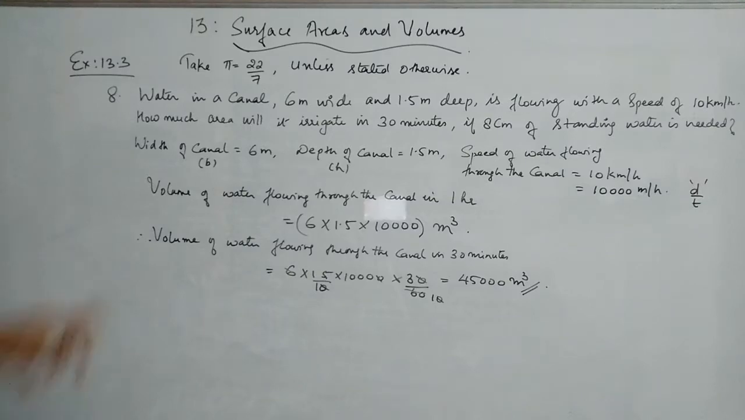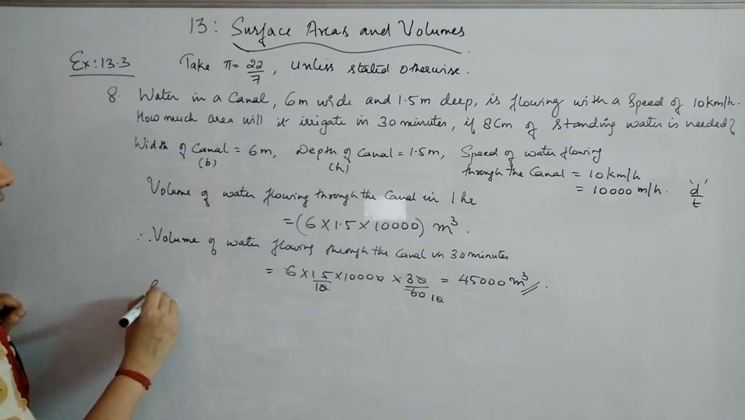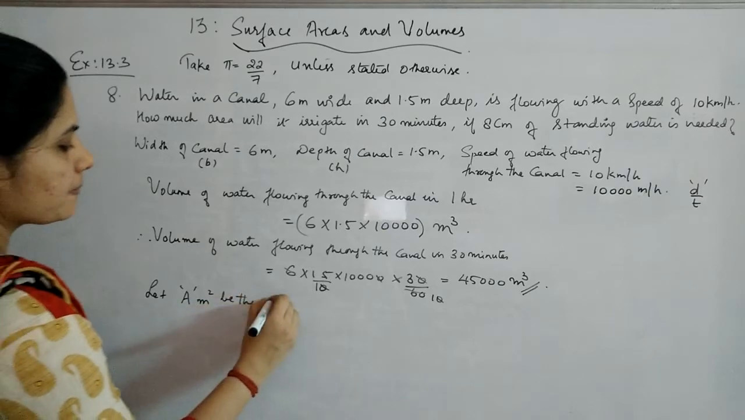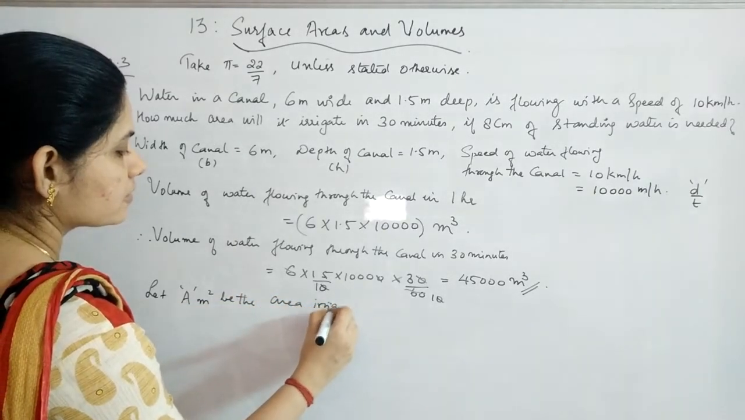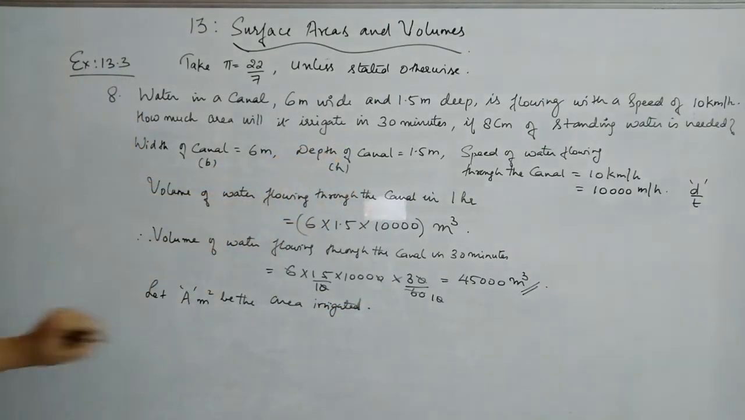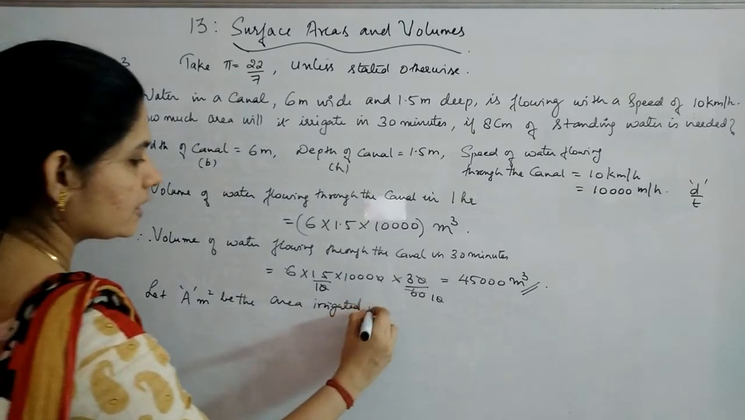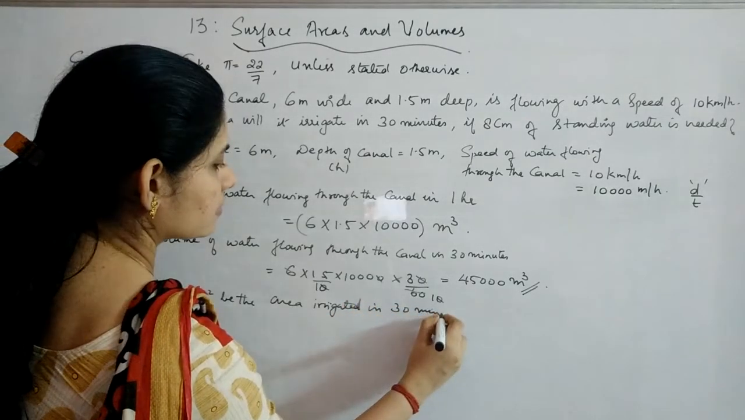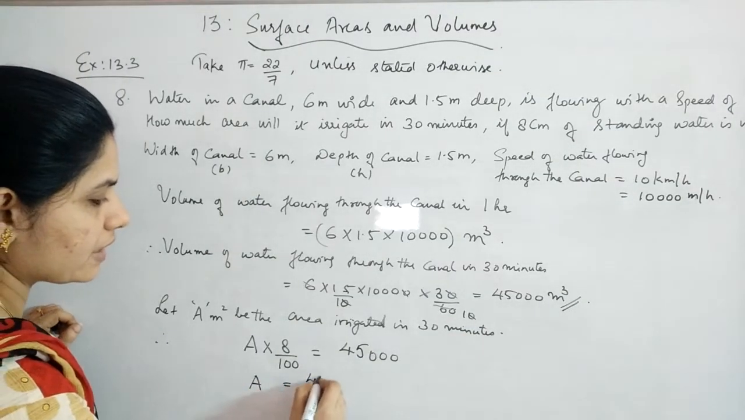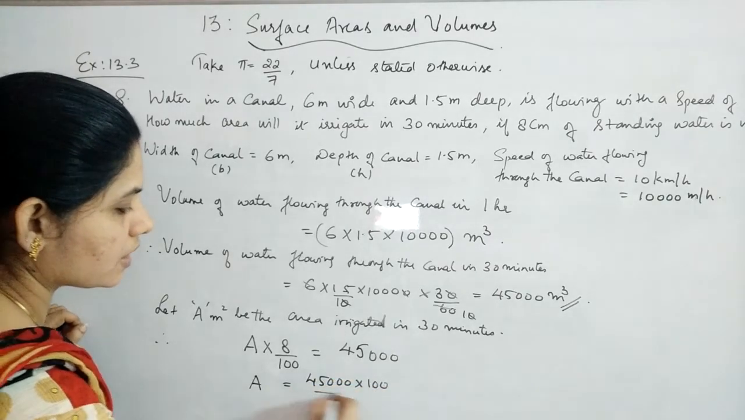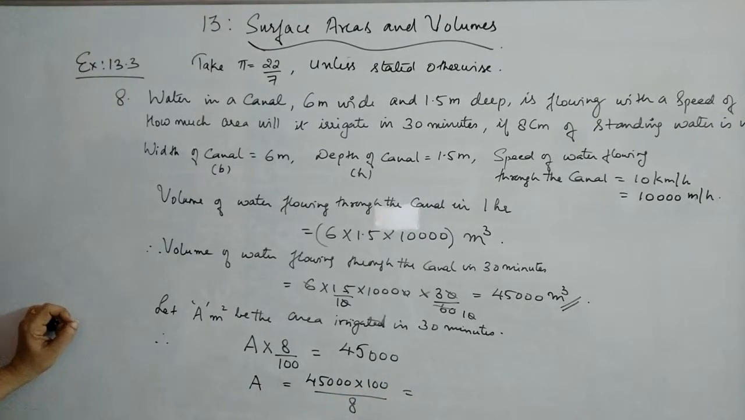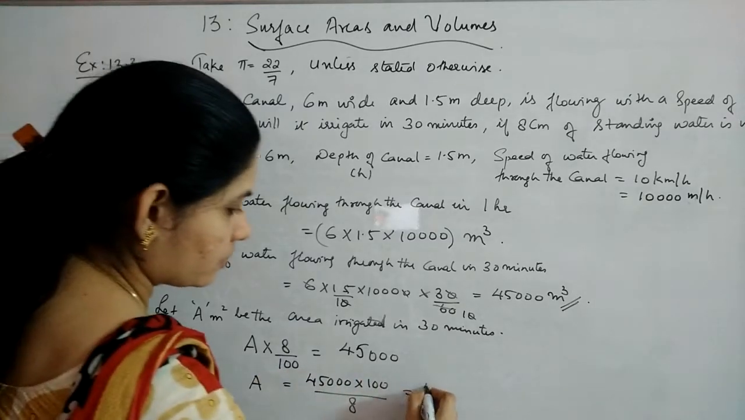Now let A be the area. You have to find out the area, so let capital A meter square be the area irrigated in 30 minutes. So now the concept comes like irrigated in 30 minutes. Therefore area will be equal to 45000 into 100 divided by 8, and this will give you the amount as 562,500